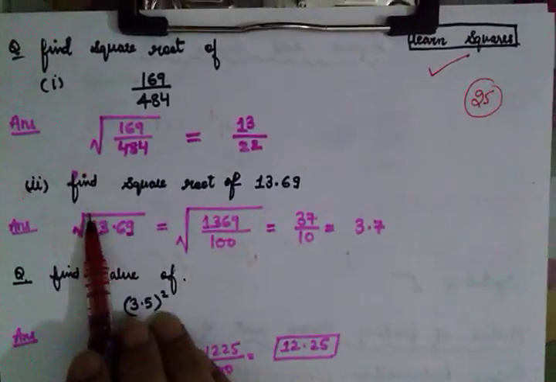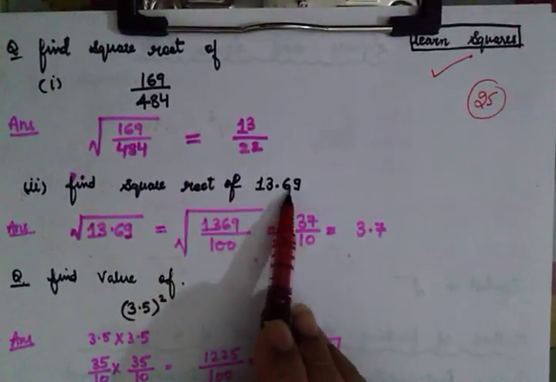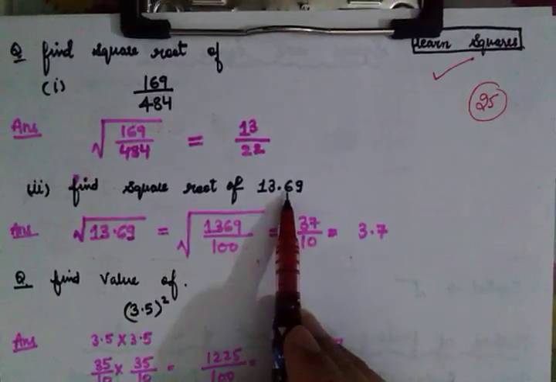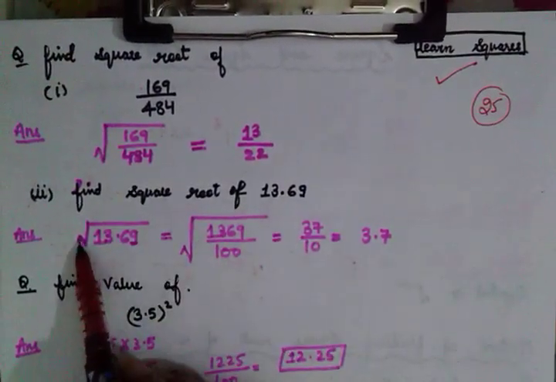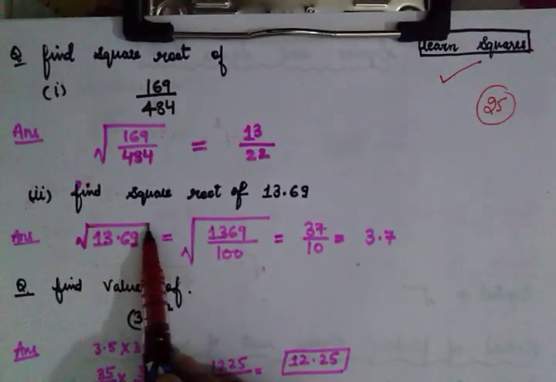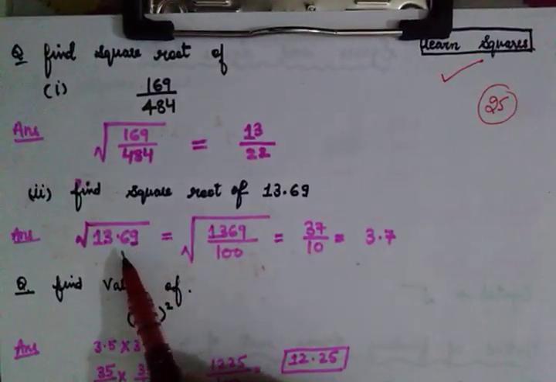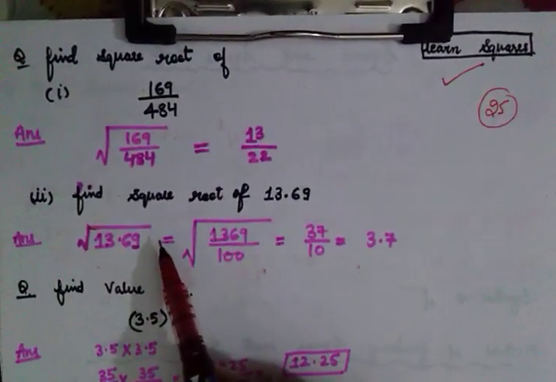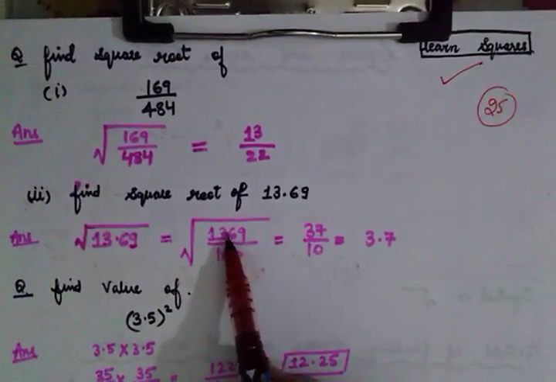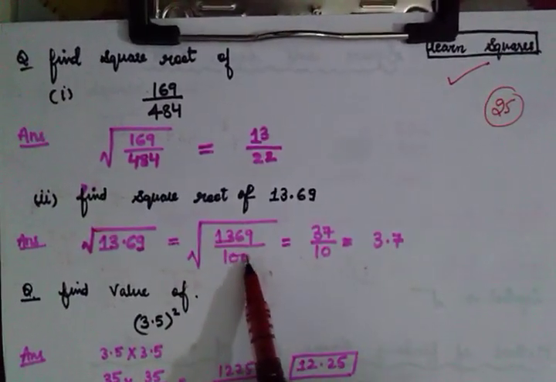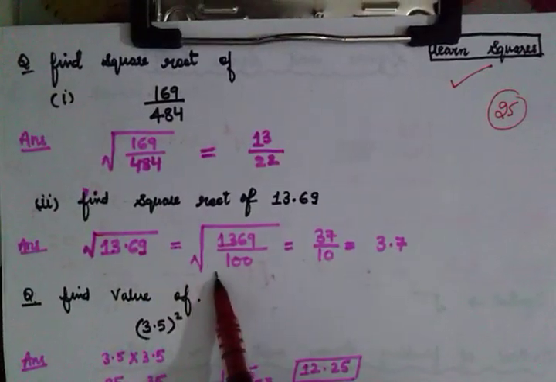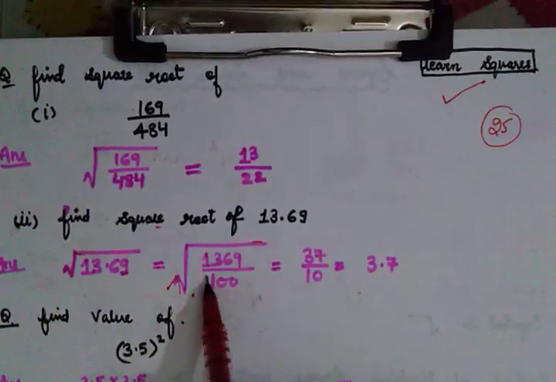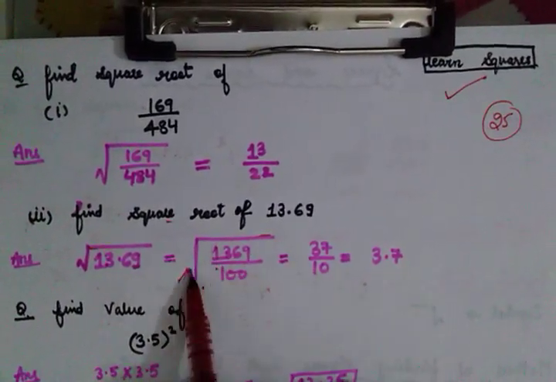Next question is: find the square root of 13.69. Now this is a decimal number whose square root you have to calculate. The technique is going to remain the same. The number will be written under the root sign. Now those who are not comfortable with decimals, I always recommend you to please solve them using fractions. So what we have done, 1369, I removed the decimal, so 100 came in the denominator. I have changed the decimal number into fractional form. This symbol will be as it is because you have to calculate the square root. You have not yet solved it, so the symbol is going to remain intact.